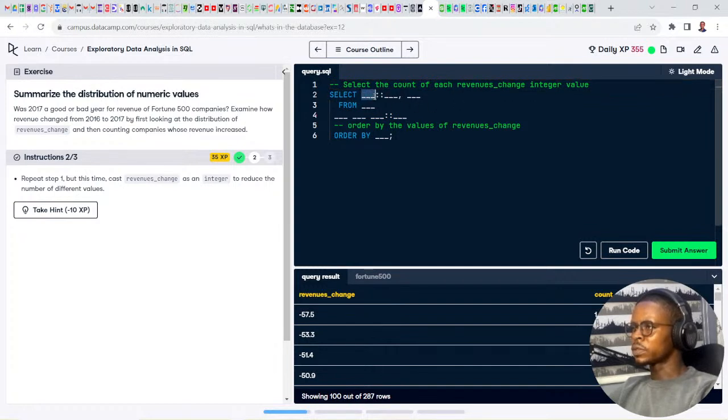Okay, let's cast it first. Revenue change, cast it as integer. Then we're going to select the count of that. Same thing we did earlier. Count from 4,500.